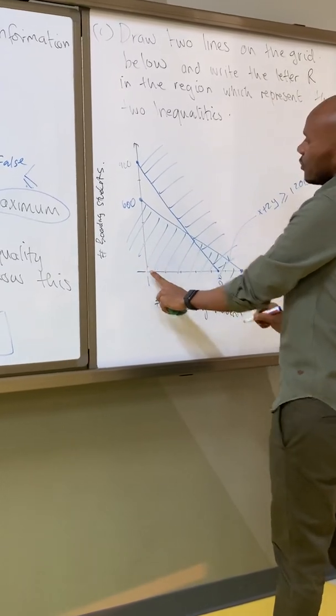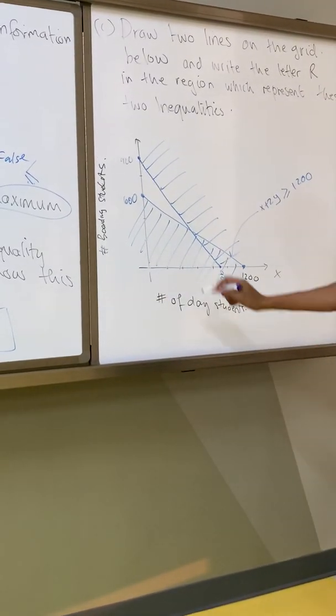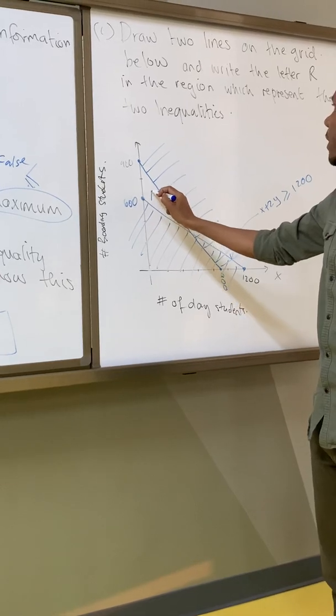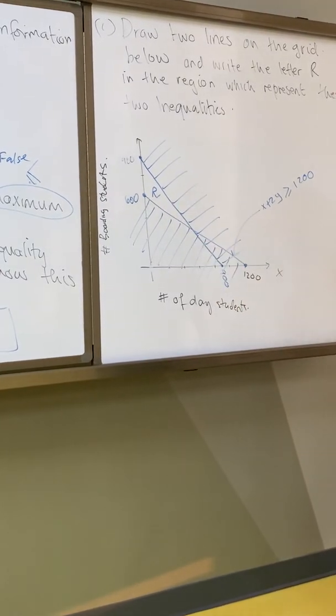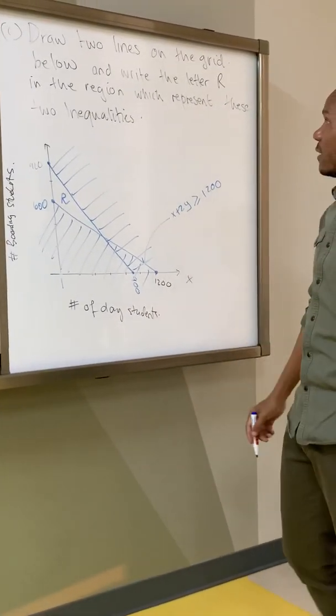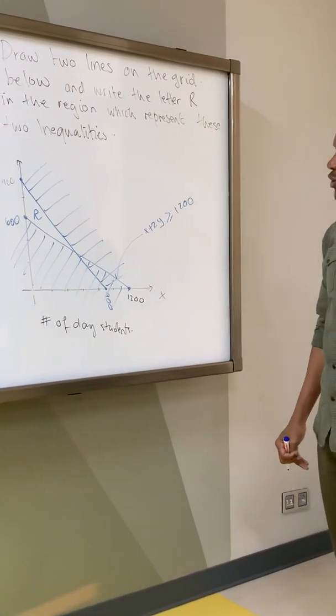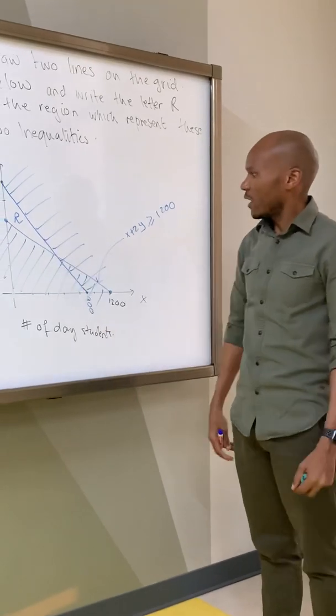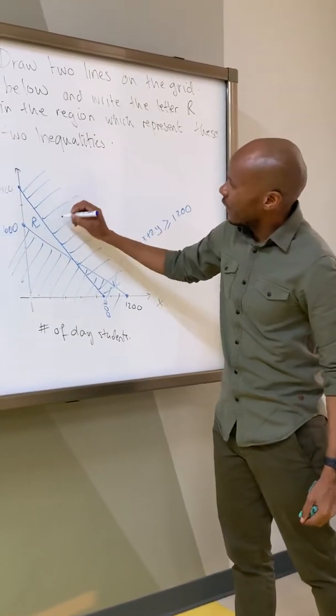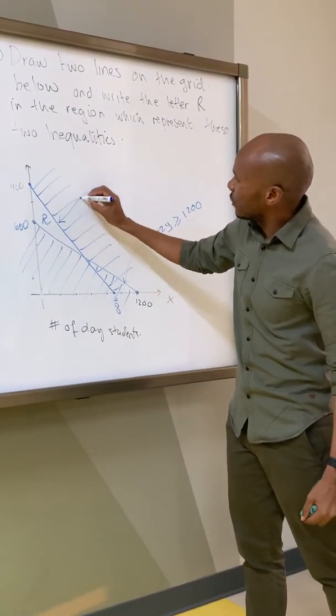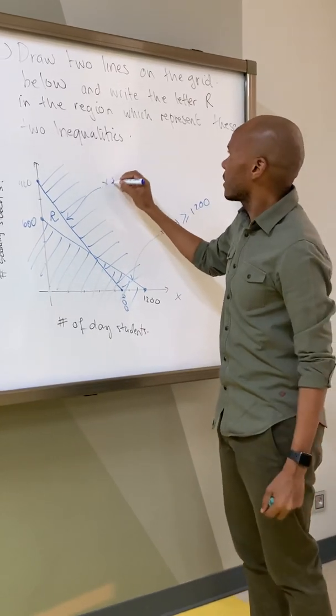So where is my R? The unshaded part is that one. There is my solution to that. So I have my R, and by the way, I have to identify that equation there. That will be x plus y